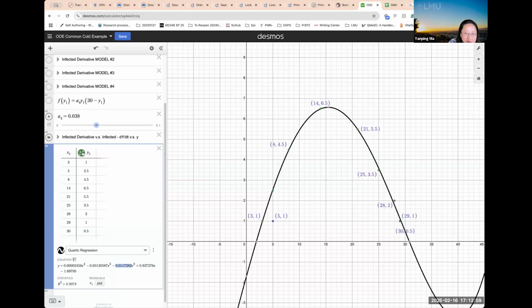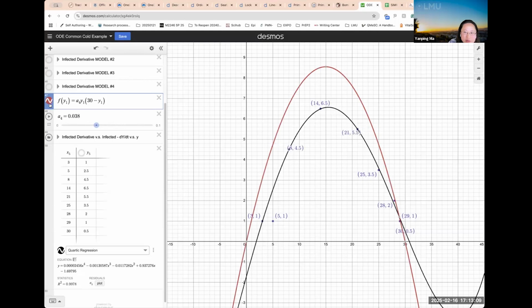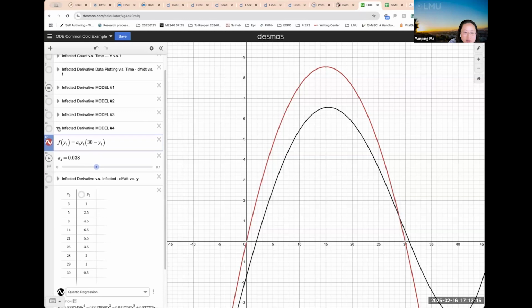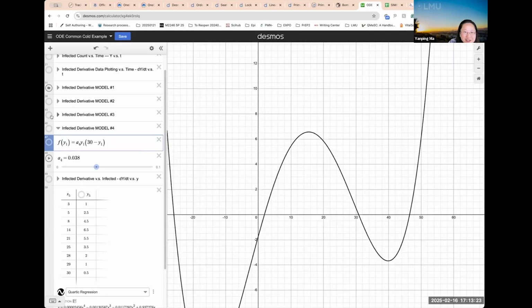Of course, another way to think about it is not using the automatically generated graph, but just using a slider. So for example, let me go back to here. Let me make sure I hide my other data. Here's my data of model 4, which is not happy with me right now. The data is not showing up.